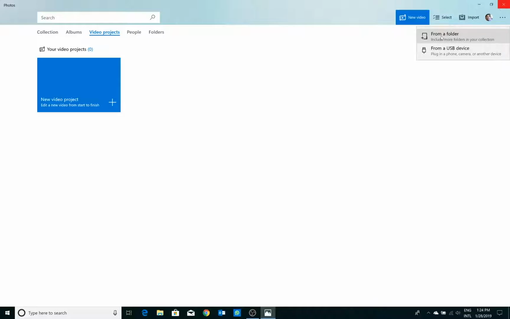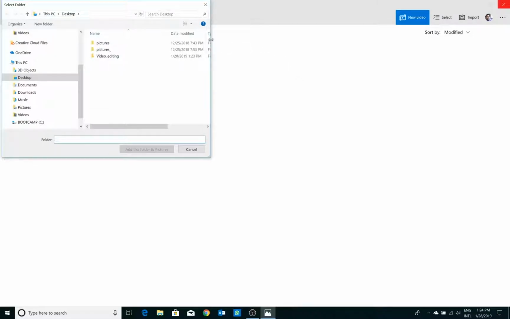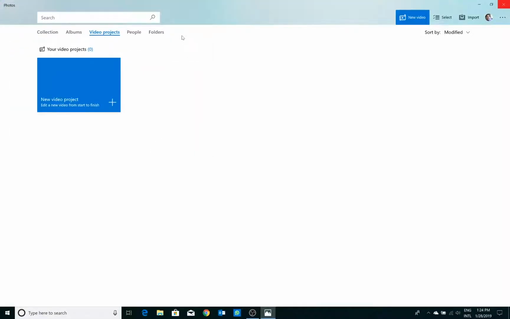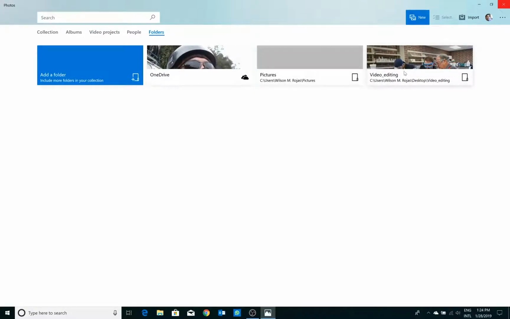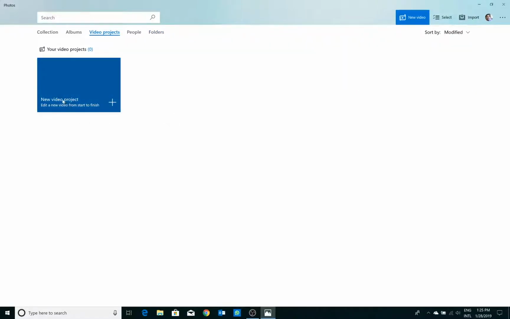So we're gonna just use from a folder, and then we're gonna click video editing. That's the folder where I have all the pictures that I'm gonna use today. Now I'm gonna click add this folder to pictures, and now I'm gonna go to folders. So now I can see that I have that folder over there, so that's good. And now I'm going to click back on video projects. Here I'm going to click on new video project,